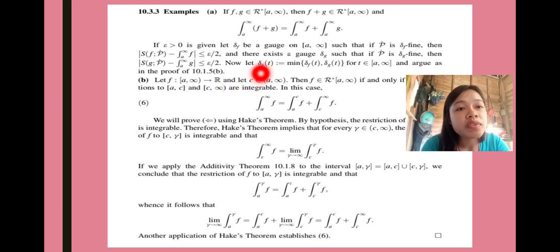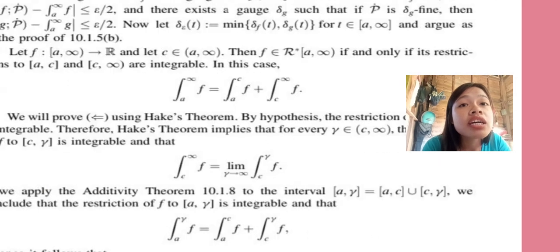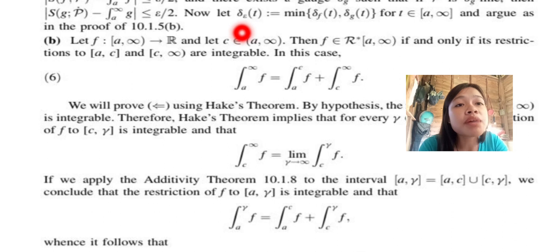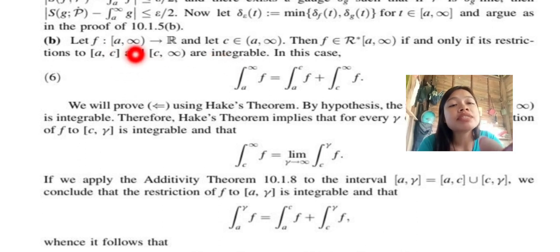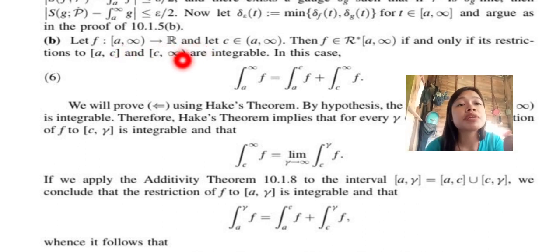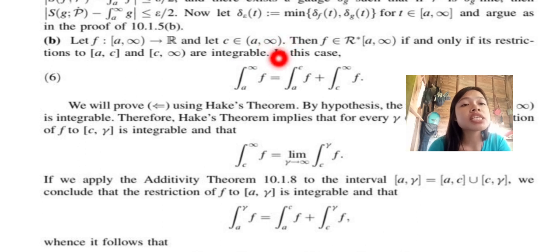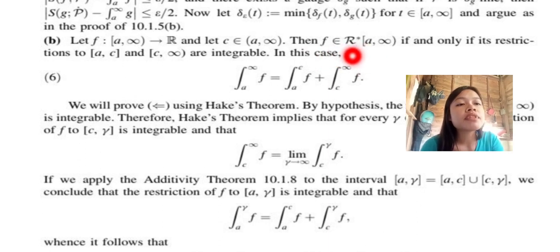Now let delta sub epsilon of t equal the minimum of delta sub f of t and delta sub g of t for t an element of [a, ∞), and argue as in the proof of 10.1.5. Let f be a function on [a, ∞) to the real numbers, and let c be an element of [a, ∞). Then f is an element of the set of